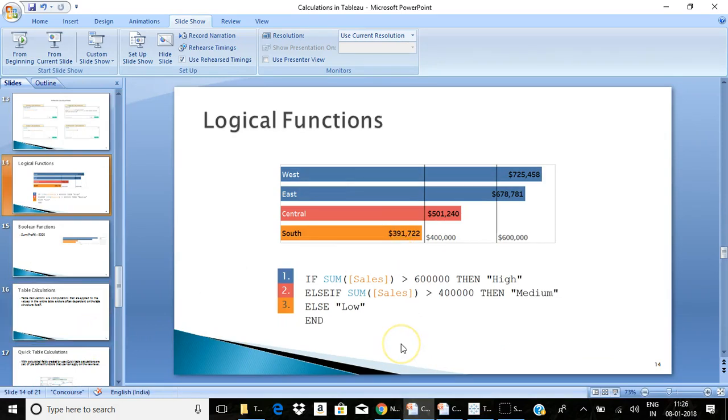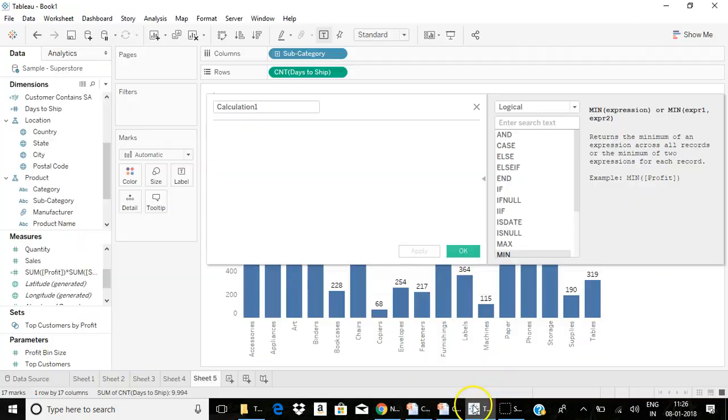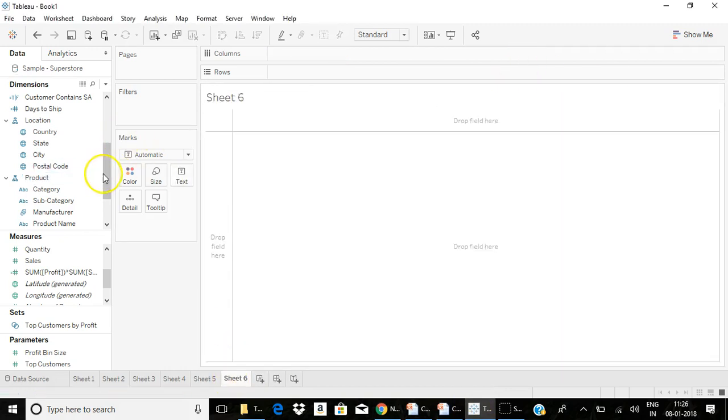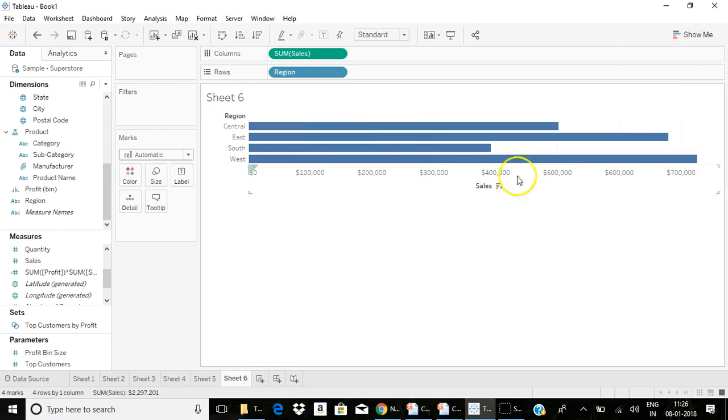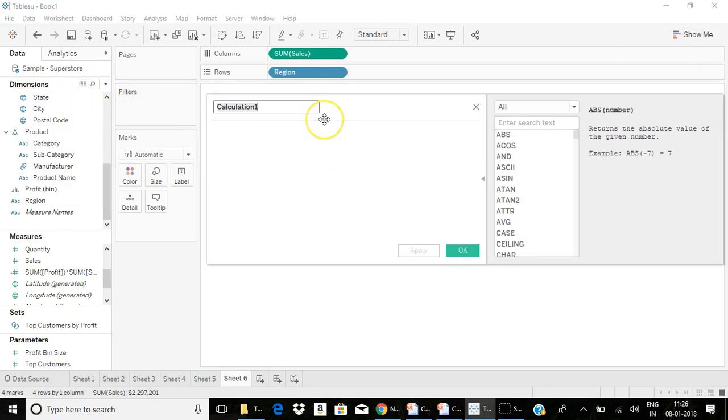So let's take the same example. Let me take the region and sales. If I want to conditionally color this graph, create a calculated field.